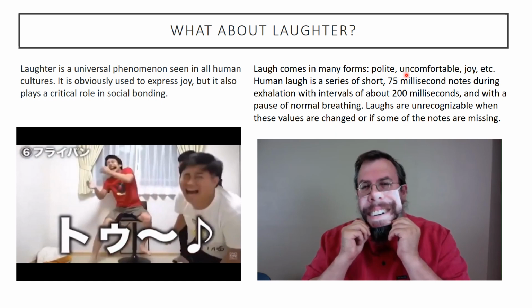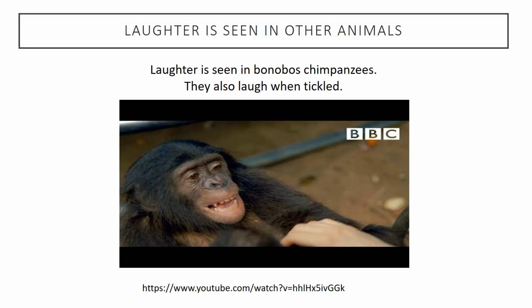When you manipulate these vocalizations and start changing them around, laughter becomes unrecognizable. Then it just sounds like weird noises. We know what laughter is, and in fact, we know what fake laughter is. When people try to make a laugh and not give a genuine laugh, we can distinguish between those two things. So we're really good at telling laughter.